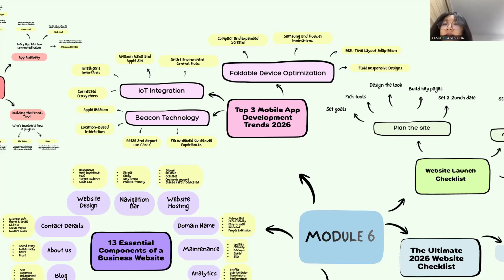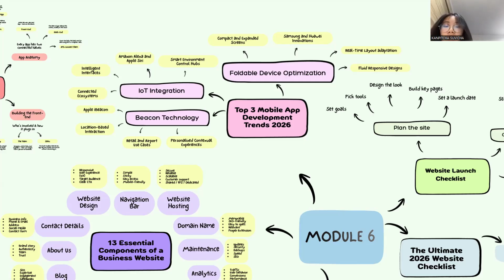And the last trend is beacon technology. Using small Bluetooth senders, apps can now talk to the physical places you visit. Starting with the first one, location-based interactions. Location-based interaction lets an app know exactly when you walk past a specific spot so it can send a message